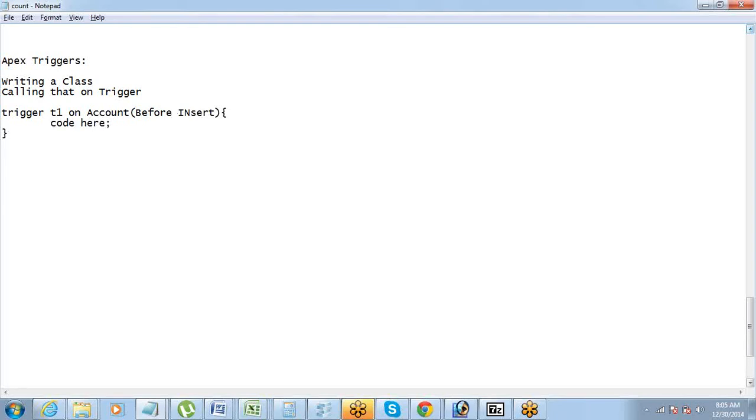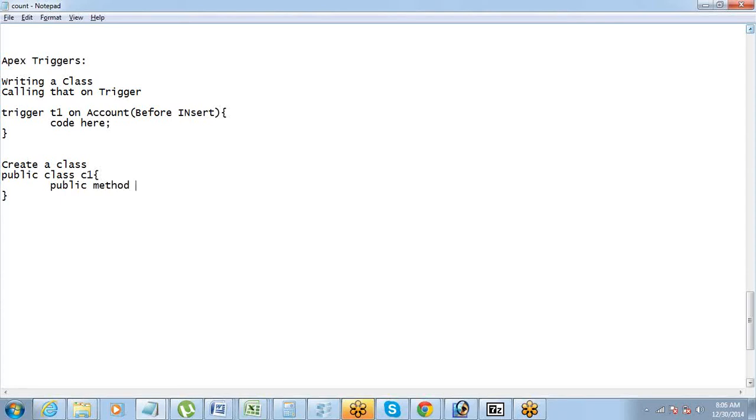The other way of doing the same thing is to create a class. So it can be public class C1, and in this public class you can write a method here, because a method is what will do something.